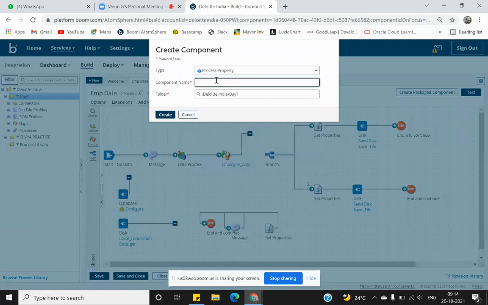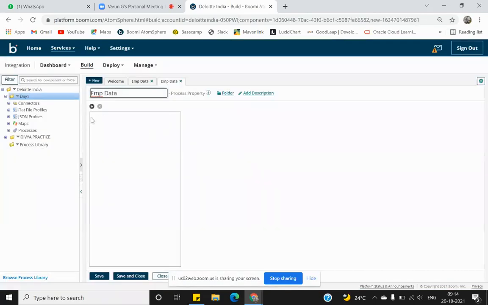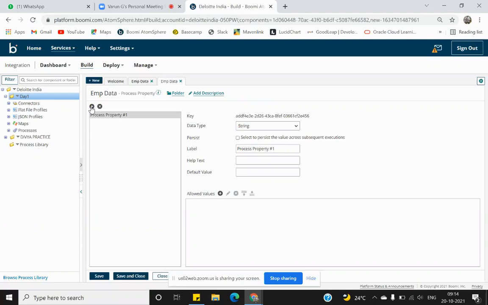Then I can give any name. Suppose I give it as emp data. I create this. Now this will have different values. You can add multiple values here. Click on the plus sign, keep on adding: property 2, 3, any number of properties you want to set, you can set it here.